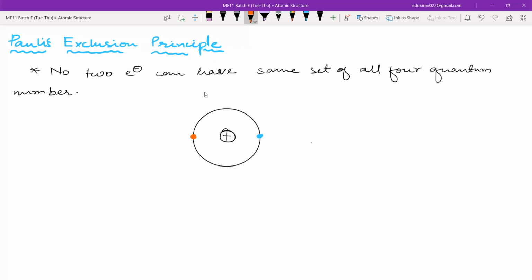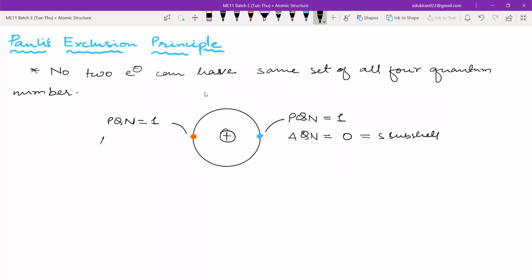Okay, so I have specifically taken 2 different colors for the electrons. Why? Because we will calculate all the quantum numbers for this electron and also for this electron. For this electron, the principal quantum number will be equal to 1 because it is in the first shell. Here also, the principal quantum number will be equal to 1 because it is in the first shell. Now, if it is in the first shell, the only possible value for azimuthal quantum number, or L, is equal to 0, and that is why it is in the S subshell.